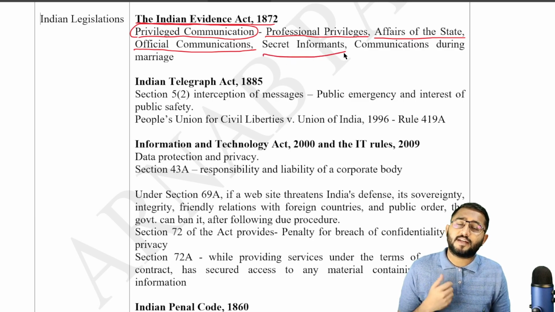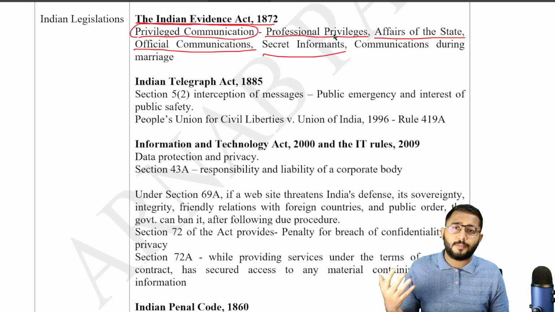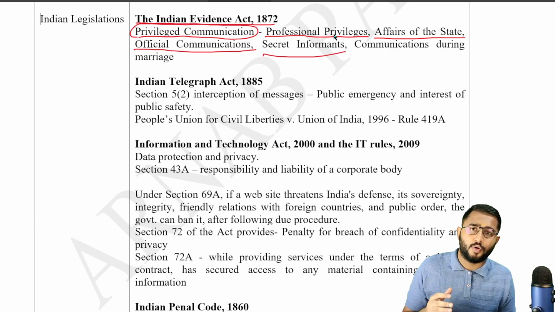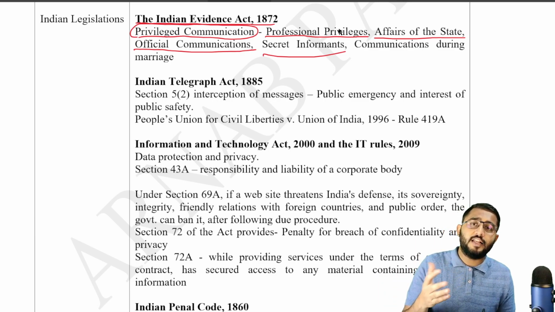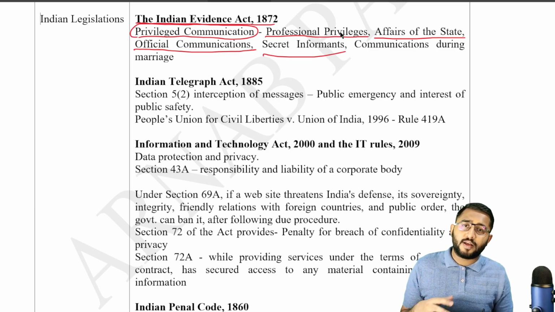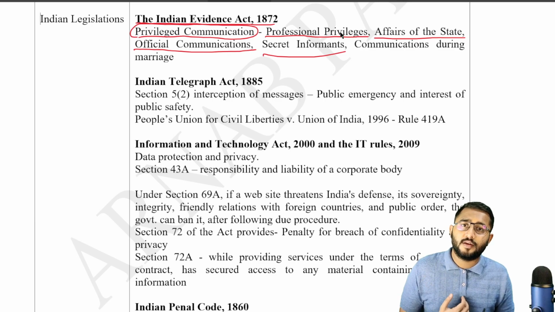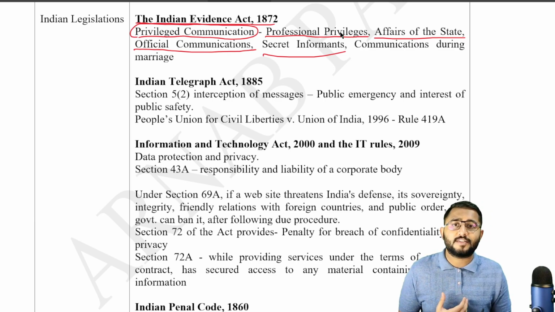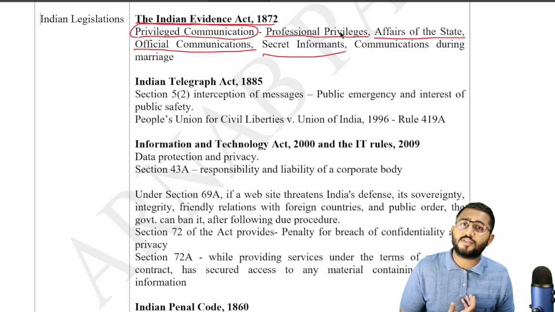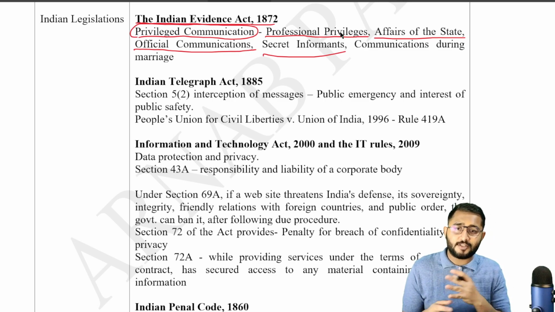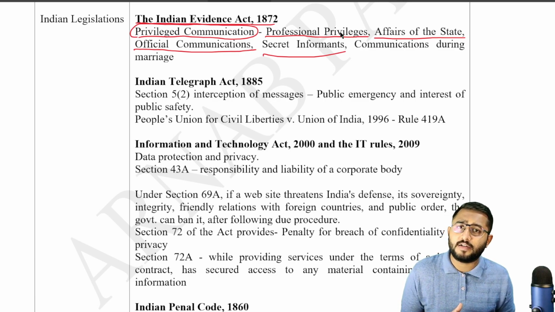Same thing happens with secret informants. This might make it even easier to understand that a person, if he gets a tip about, let's say there's going to be a riot or there's going to be certain financial illegal work that is going to take place, tomorrow if I conduct as a police officer or as a revenue officer, if I conduct a raid, I am not liable to reveal who my secret informant was. The court says and the Evidence Act says that I'm not liable to reveal who my source is, just to prevent these sources being targeted, just to make sure that public safety and public interest of our country is maintained, right?